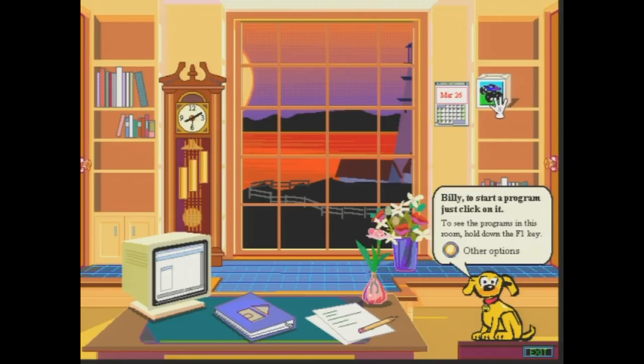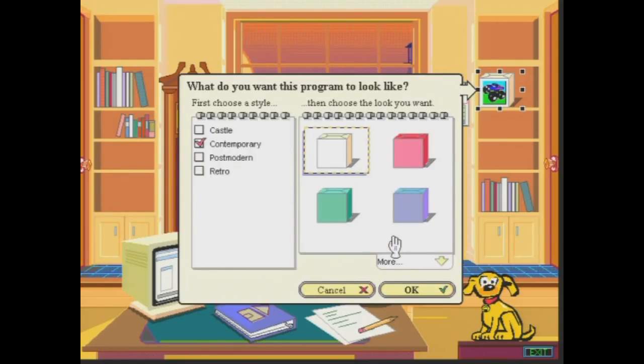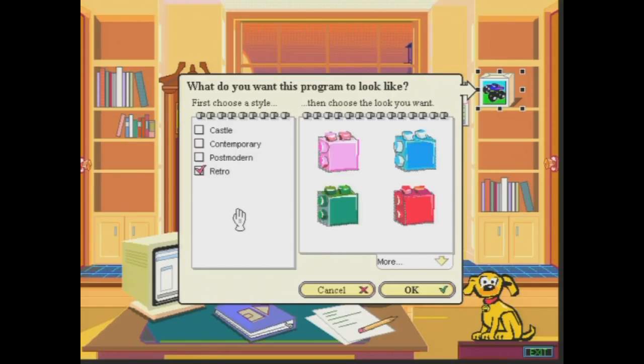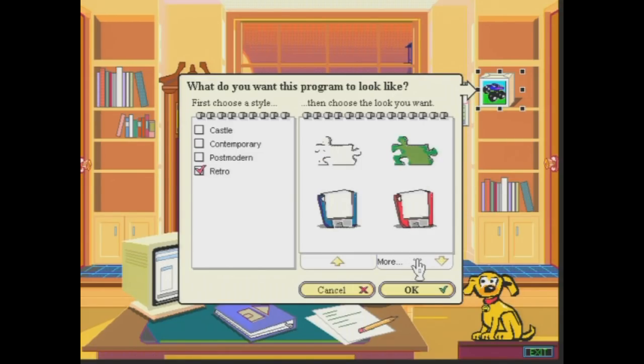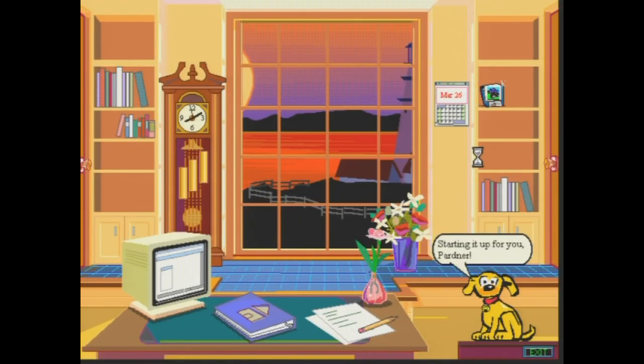And there it is. We can set it here on this shelf. And we can change the design of the box as well. Let's put it on a floppy disk, even though Microsoft Monster Truck Madness came on a CD-ROM. But who gives a crap about that? We'll put it there. We can double-click it, and